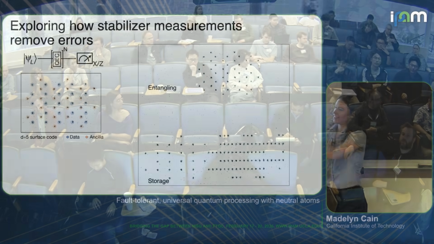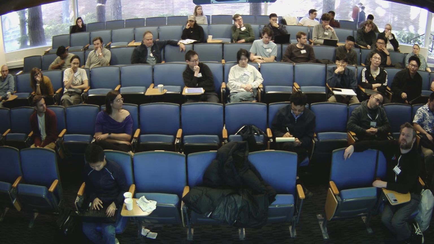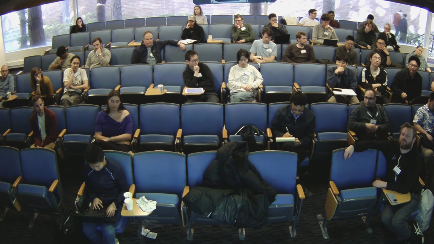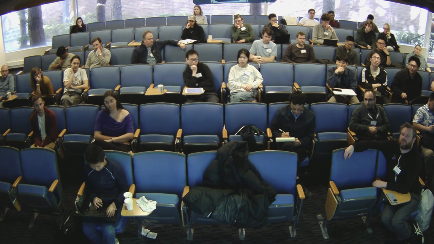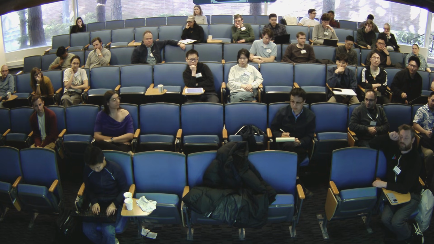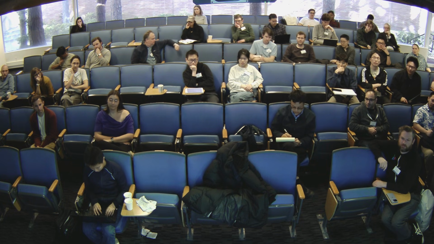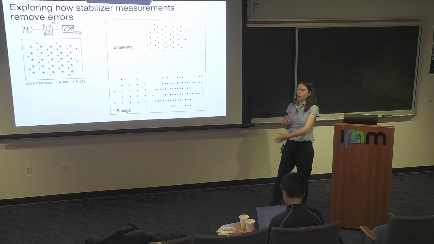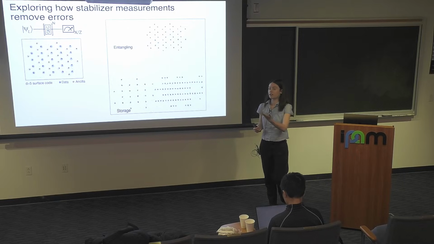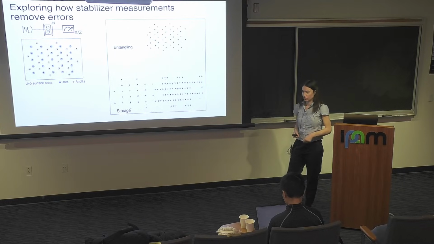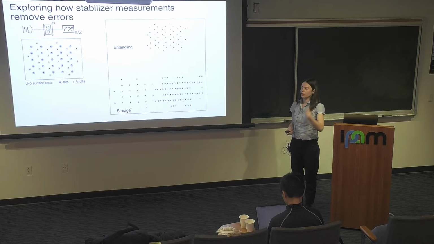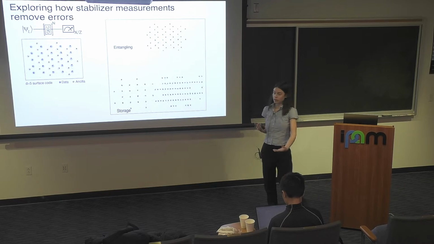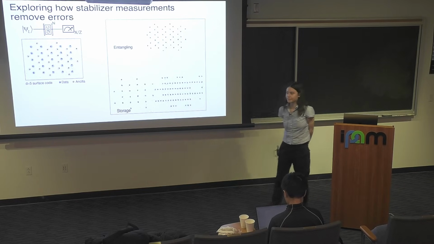So what does the stabilizer measurement mean for the neutral atom device? Does this mean taking the photo and looking at the image? You're asking how do we do readout? Yeah, I'll actually discuss that in a few slides because we have new methods for atomic readout, but in general, the historical way it's been done is exactly as you said, with fluorescence imaging. So you'll hit the atoms with a laser, and they'll fluoresce if they were in one state or the other.